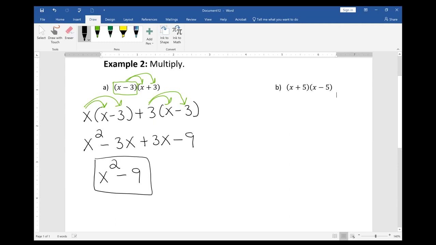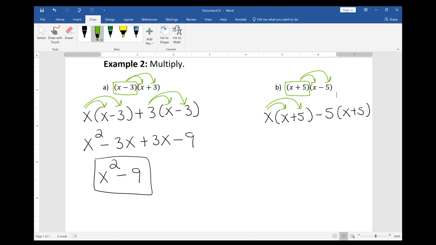Example 2, Part B. Multiply x plus 5 times x minus 5. So we will distribute x plus 5 into x minus 5. Doing so, we will get x times x plus 5 minus 5 times x plus 5. We will continue with our distribution, so we'll multiply x times x, times a positive 5, negative 5 times x,